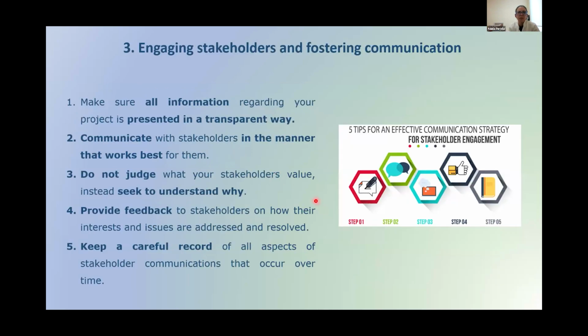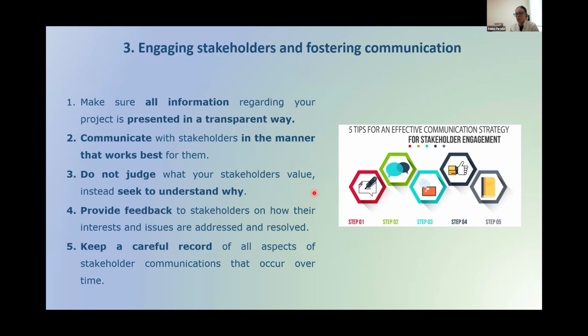Another point we have to keep in mind is that we have to engage stakeholders and foster communication. Important is that we make sure all the information regarding our projects and the patients is presented in a transparent way. We have to communicate in the manner that works best for the stakeholders, and we should not judge the stakeholders' values, but seek to understand the why and how. We can also provide good feedback, and we have mostly to keep a careful record of all aspects of